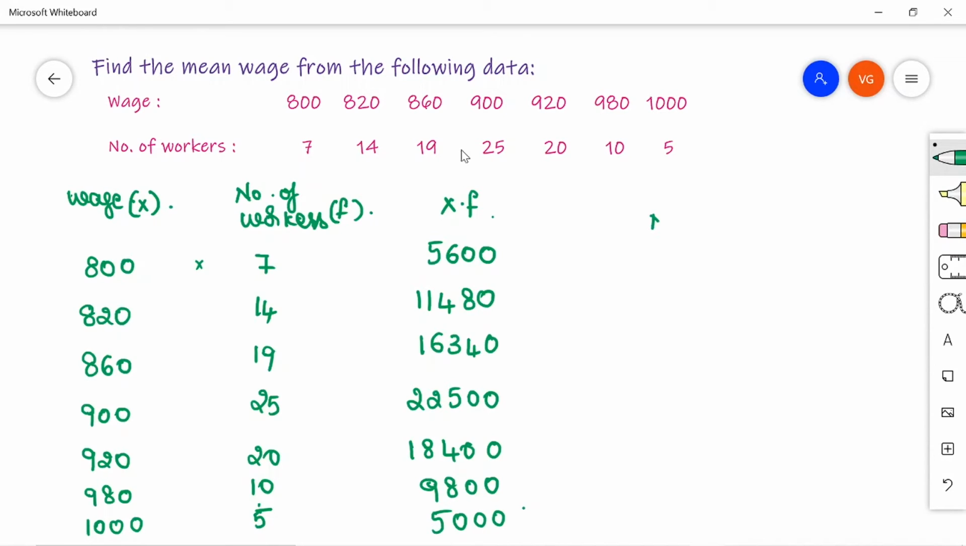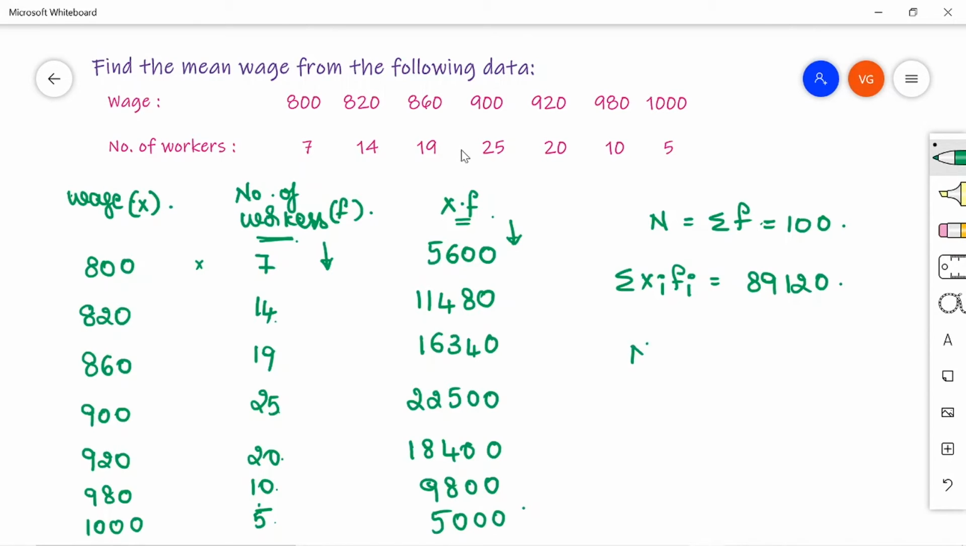To calculate n, which is nothing but sigma f, you have to sum up all the data entries in your second column. So 7 plus 14 plus 19 plus 25 plus 20 plus 10 plus 5 gives me a total of 100. So the number of workers here is 100. Then sigma xi fi: I have to calculate the sum of all the entries in my third column. If I add it up, all this gives me